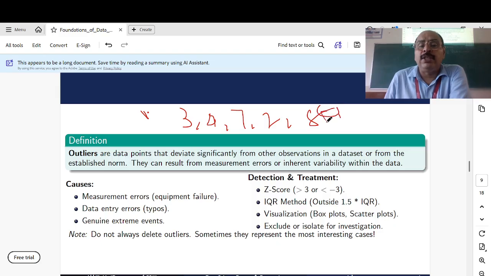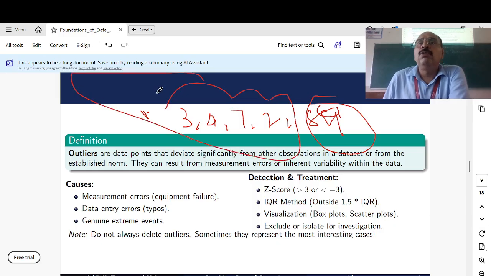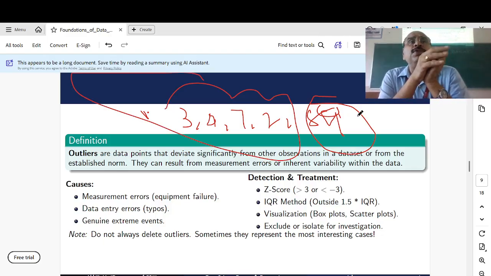This value, that 89, is an outlier. This 3, 4, 7, 2 all fall within a small range, but 89 is something that is totally different from the rest of the values. So an outlier is a numerical value that is totally different from the